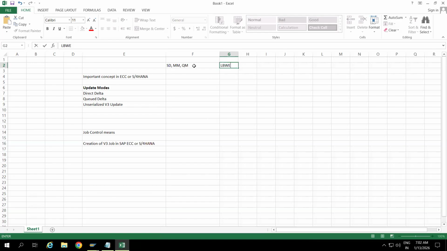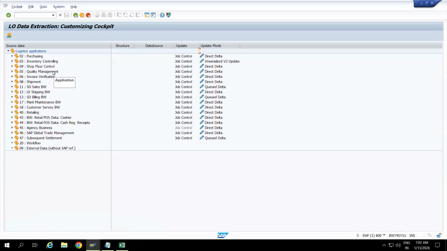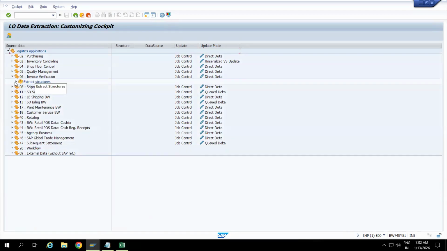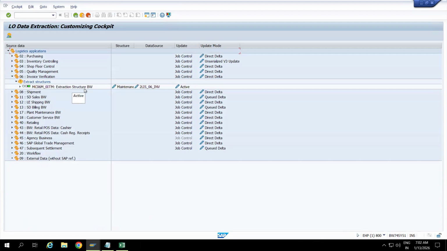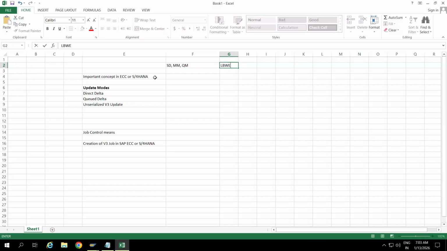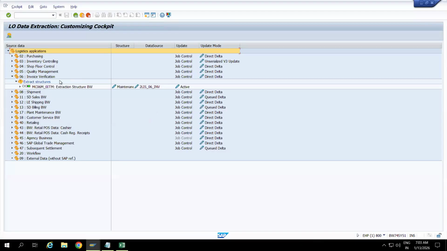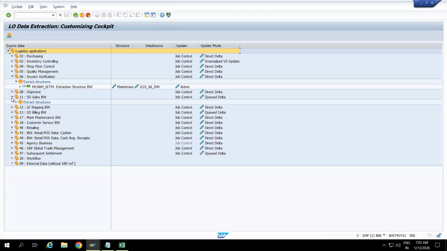Here you can add MM. Under the MM, purchasing and inventory will come. Also invoice verification will come, and this is coming under inventory only. So all of this will come under invoice verification. Quality management, the QM module. For all of these, I mean 11, 12, 13,